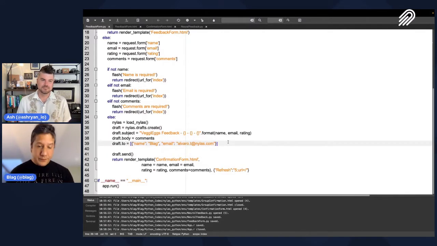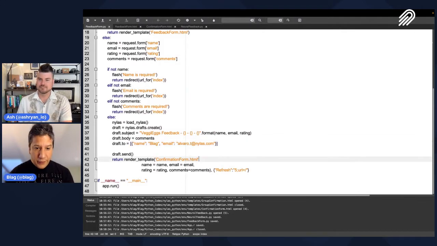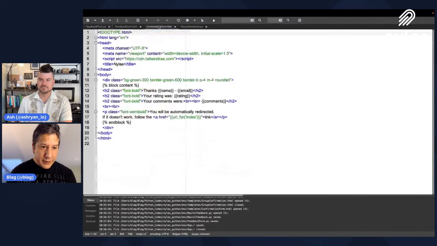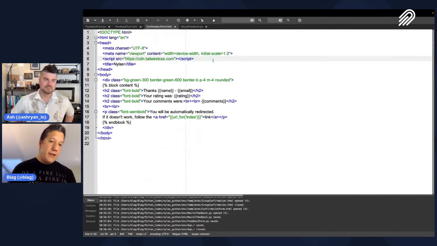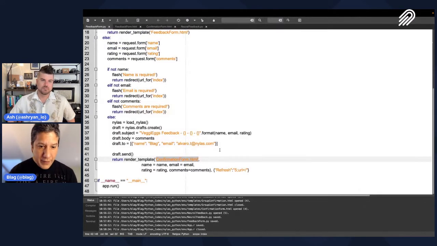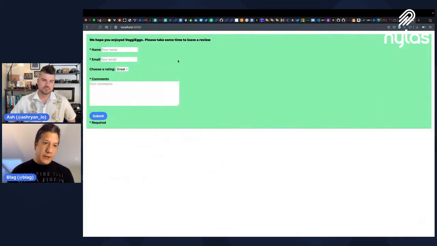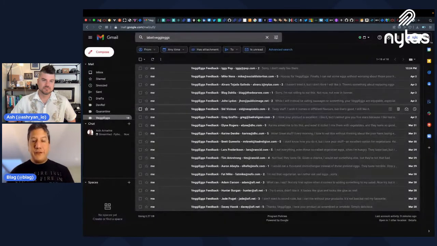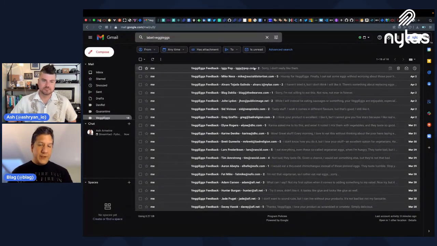Once that's done, we're going to have a confirmation form, which is going to be this one, showing, like, thanks, Iggy, here's your email, here's your rating, these were your comments, and it's going to be redirected to the same page. So when it goes back, it's going to be refreshed, and he's going to see this again, but we're also going to have received his email, as we can see here.